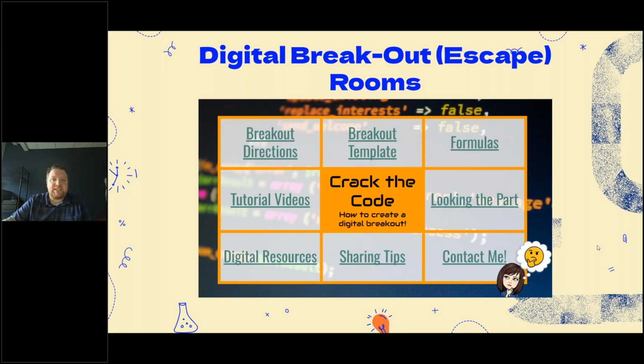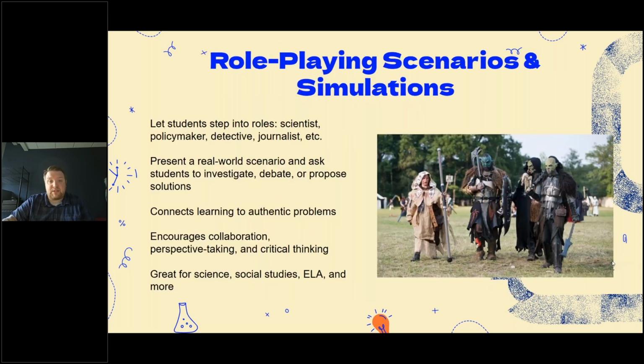The students have questions that they have to answer. They're locked in a room. In order to get a code, they have to answer these questions correctly. The more they answer correctly, the more code they get, and they can escape the room. Depending on timing and everything, you could have multiple rooms. It's a really great way to have review, but also the kids want to get out of the room, right? And again, there's a lot out there, but this resource here will walk you through how to create your own, and it's step by step. It's a really great process. But if you want to find something out there too, you probably could. So both ways are great options.